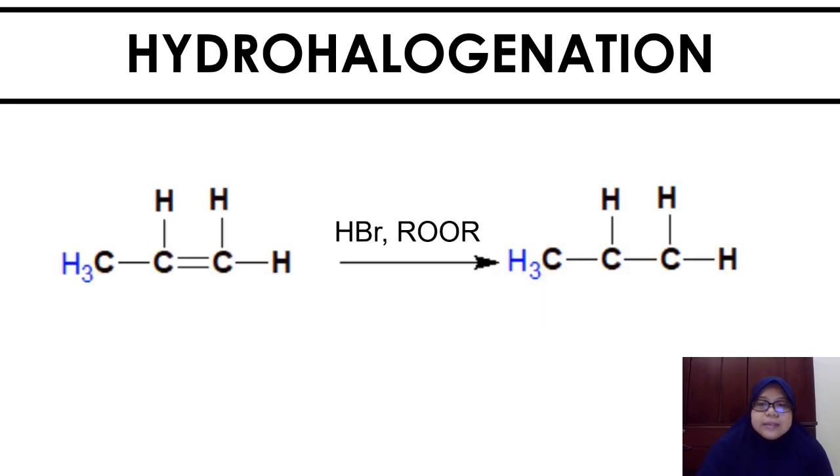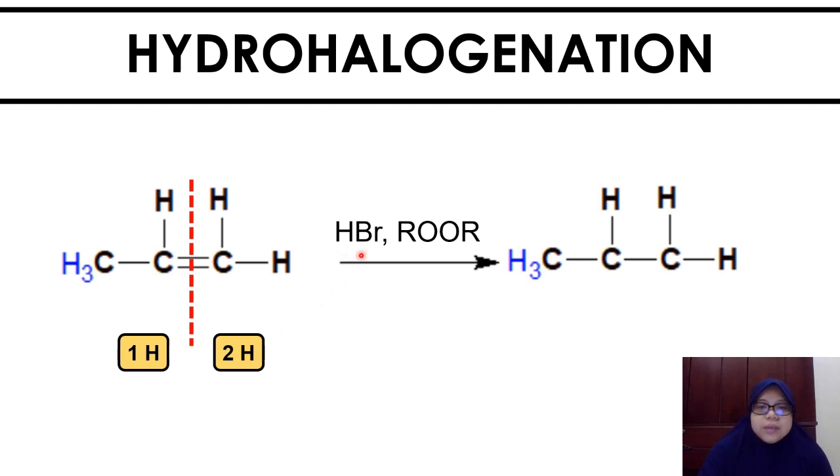Okay, we look at this example. We have this alkene. When we divide the alkene, we will see the carbon on the left side is only attached to one hydrogen, while the carbon on the right side is attached to two hydrogen. So according to the anti-Markovnikov rule, the hydrogen of HBr here will be added to the carbon with